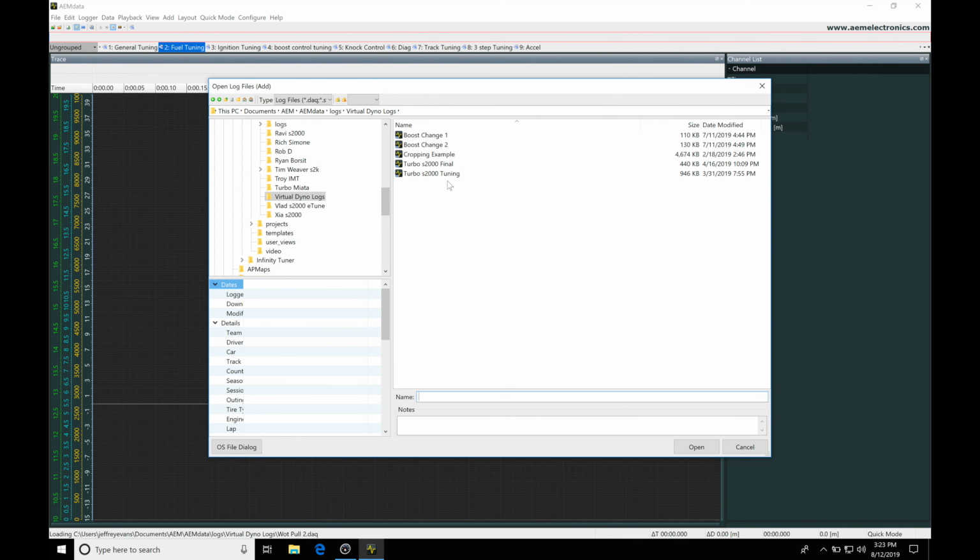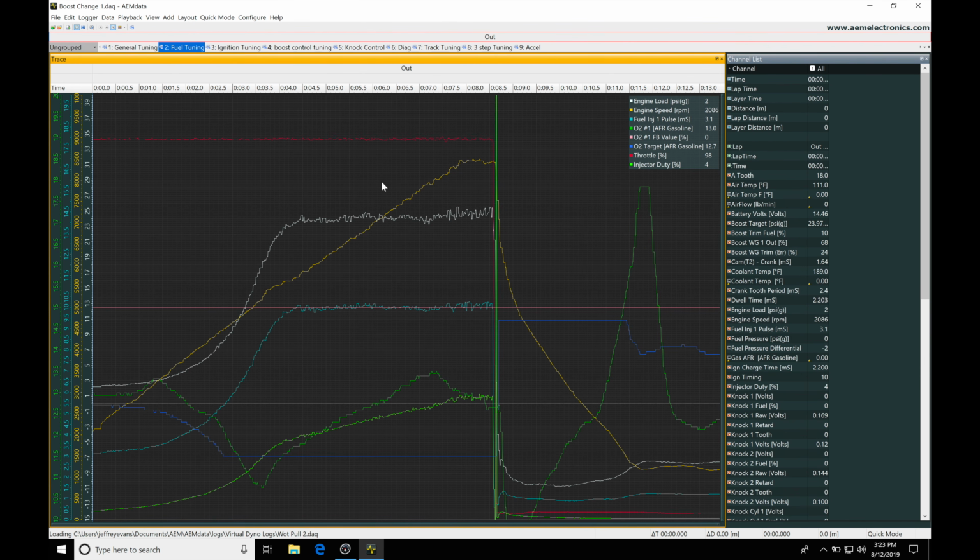So a couple different examples here. Let's go to our Boost Change 1. We'll open up this data log and click Open. Now I have my template open already. This is something that we've already created in the actual Series 2 training course, where I walked you through how to create your templates and some things you wanted to pair together. So right now I have open here a wide open throttle plot. We can see here the yellow is going to be our engine RPM, the white here is going to be our manifold pressure, and this is going to